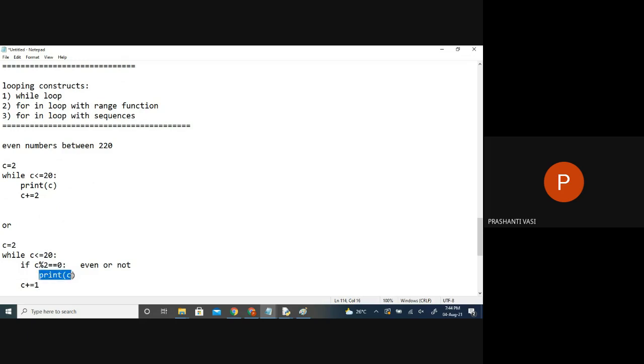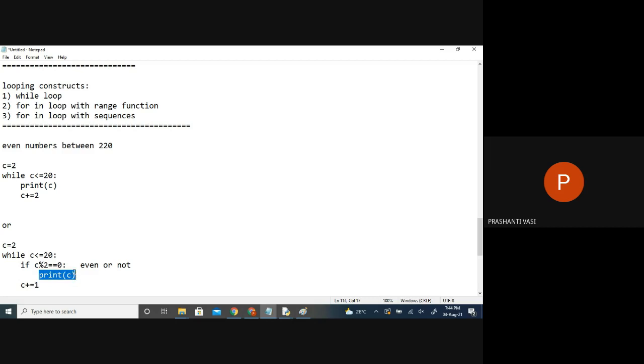So there is only one statement inside if, not this statement. The increment should not be done conditionally. After 2, 3 should come; after 3, 4 should come. Every time it should increment. So the increment should not be written inside the if condition. If I write like this, after 2 it becomes 3, but 3 is not an even number, so it will not print, and it will not even increase. So the increment job should always be done repetitively, so we have to write it inside the loop.